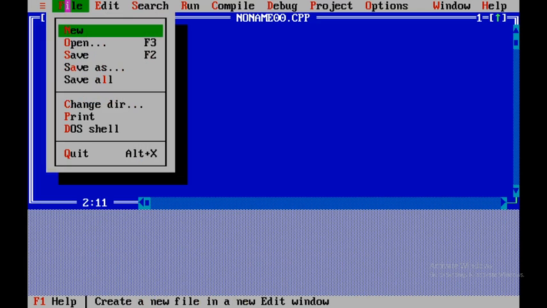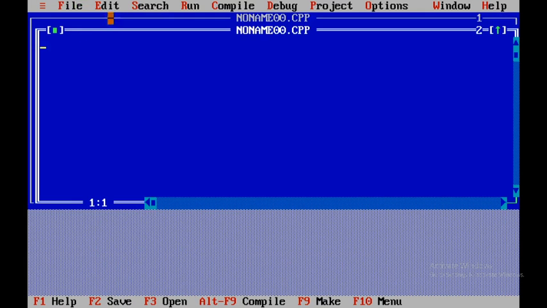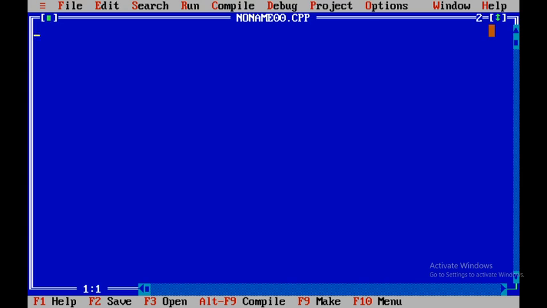Here, give File, New. Here I am going to give #include <iostream.h>. Afterwards, no need to give using namespace std; int main should be given. int h = 10; w = 12;